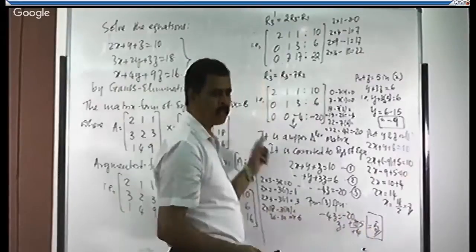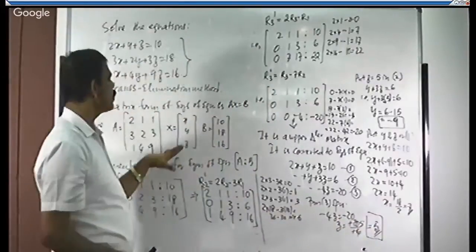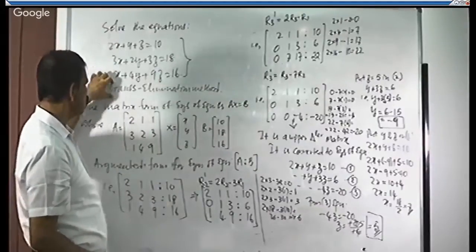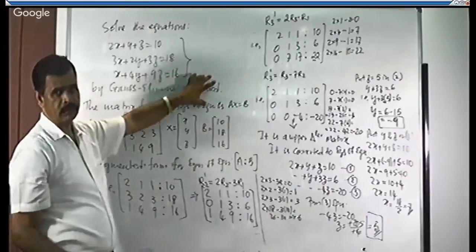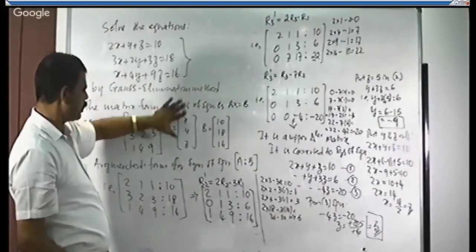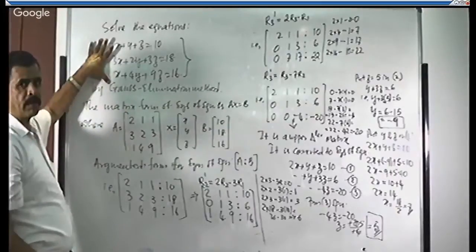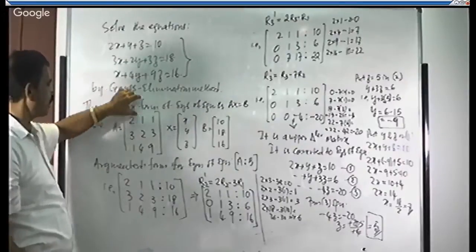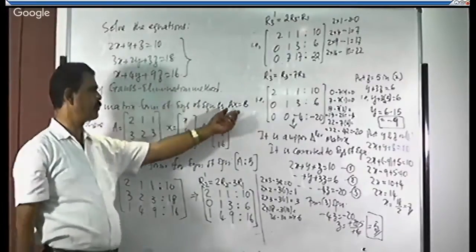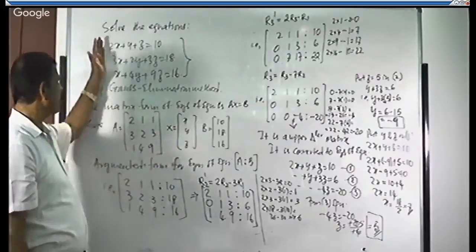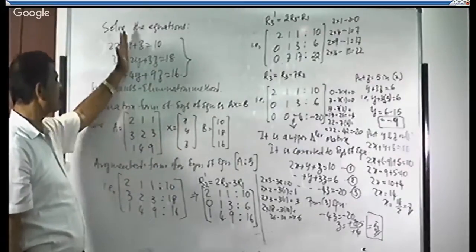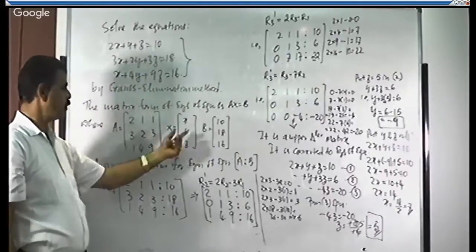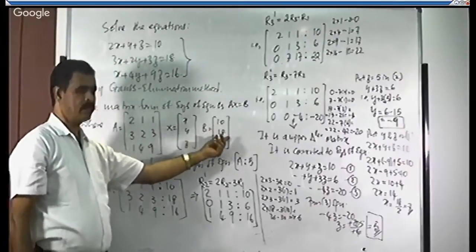So this is the procedure we need to follow to solve the given system of equations using the Gauss elimination method, right? So I'll repeat once again. You will be given a system of equations. You write this system of equations in matrix form. So matrix form is Ax is equal to B. This is A. All coefficients of x become the first column, coefficients of y become the second column, coefficients of z become the third column. This is the unknown matrix, and the constants.